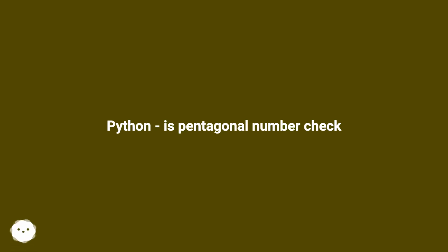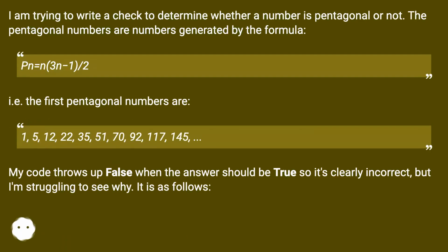Python pentagonal number check. I am trying to write a check to determine whether a number is pentagonal or not. The pentagonal numbers are numbers generated by the formula Pn equals n(3n - 1)/2,